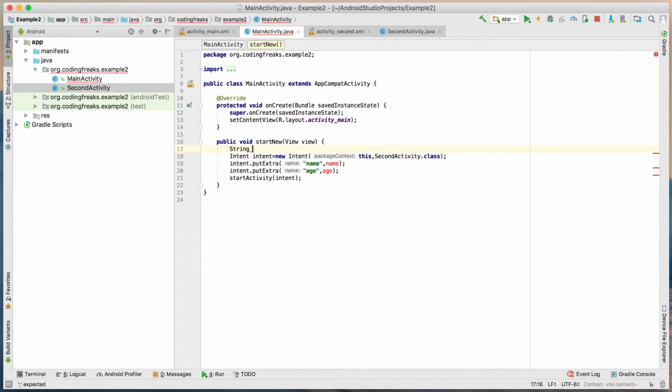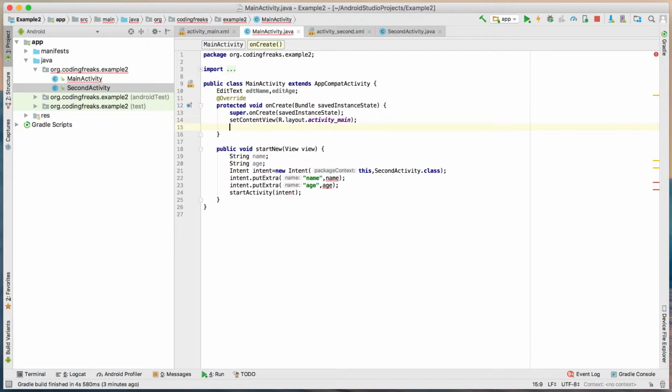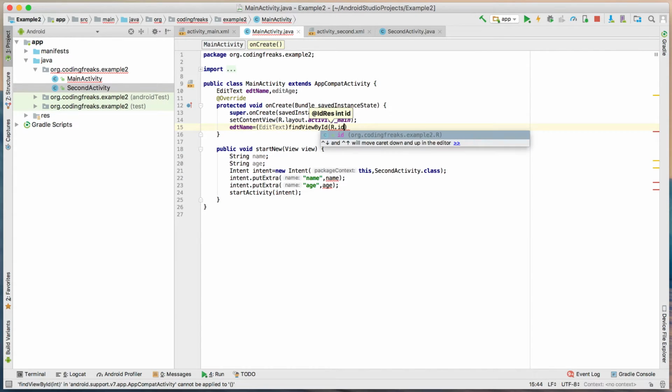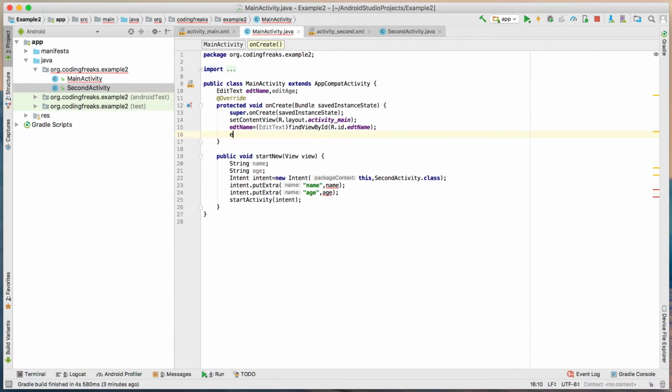Define the string objects passed in intent. Define objects for fetching data of edit text defined in view at class level. In onCreate method, initialize these objects with the reference of the UI control. For example, EDT name equals, typecast it to EditText, call findViewById method and pass R.id.EDT_name, the ID of the object.